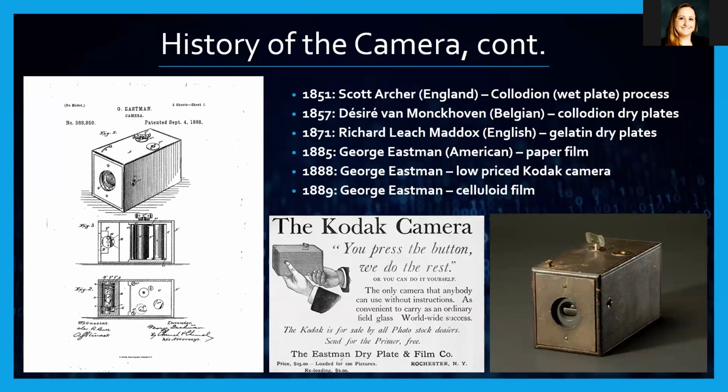Each camera came with 100 exposures, and the film needed to be returned to the company to be developed. Kodak was also one of the first companies to use digital photography, but they decided against moving forward with the production process because the film version was making so much money. Bad move, Kodak. The use of film made movies possible by allowing them to show the motion between the film images at the end of the 19th century.